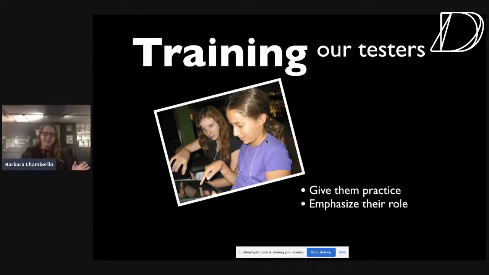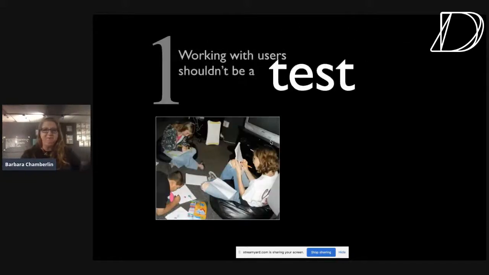And we often see in our youth, especially over the course of a week, in addition to what we get out of them, which is knowledge about our projects, we hear from their parents the impact on these kids of understanding that their voice matters and understanding that they have expertise and knowledge that can help other people. It's really a transformative experience for a lot of these kids to be listened to in a meaningful way.